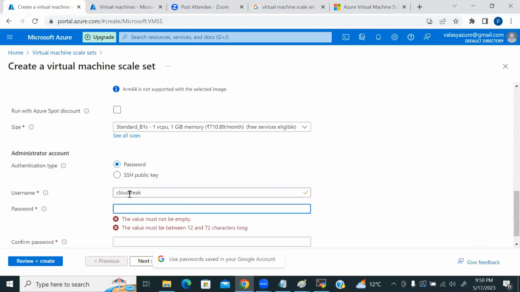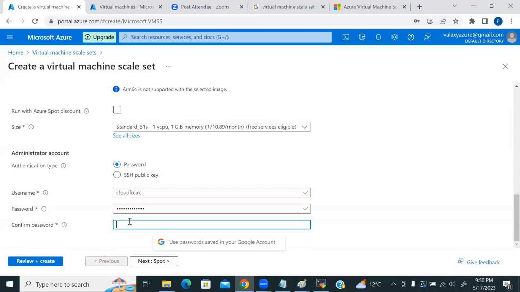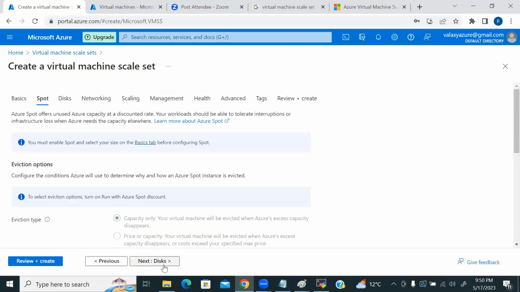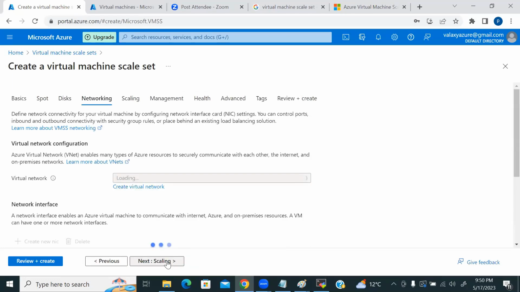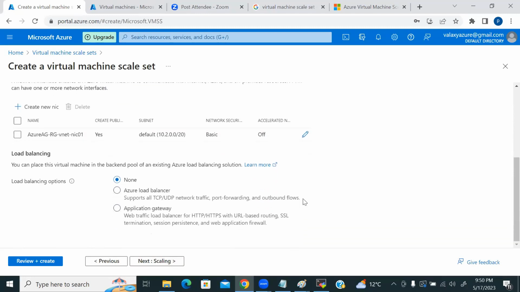Again, we need to fill everything. Next spot disk VM default one,